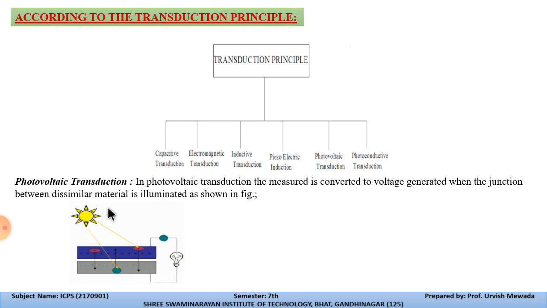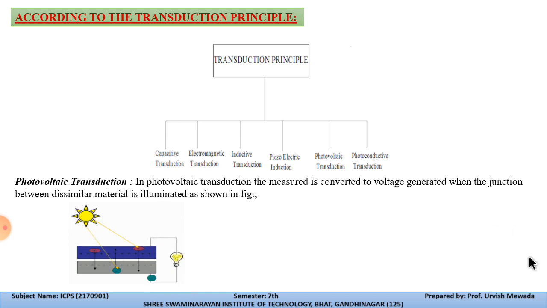Once the light illuminates this device, the depletion layer between the p-type and n-type plate will break, and the recombination of the charges will take place, and the charge will start flowing like this. So you can see this is the flow of charge once we illuminate this plate, and this is the load which is connected. So this bulb will glow once the recombination of the charge takes place, because of the illuminated plates.